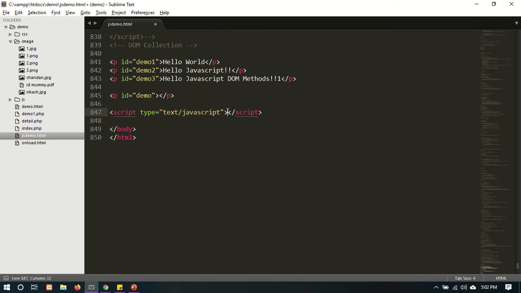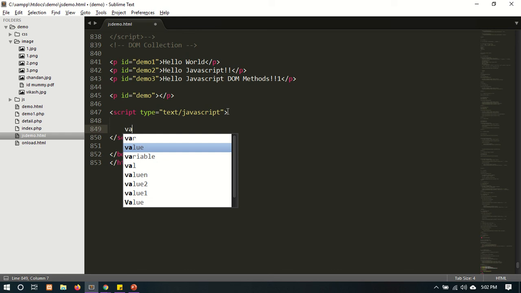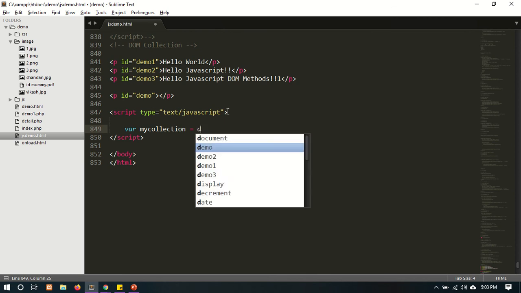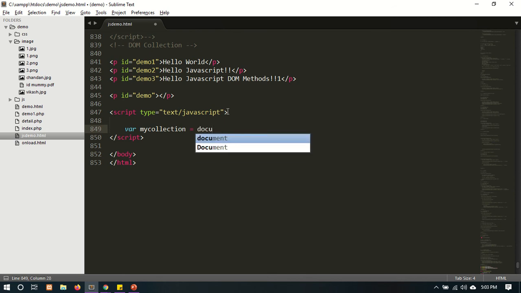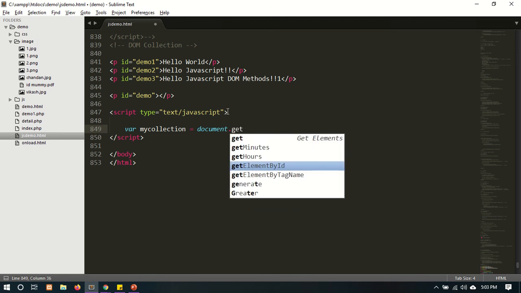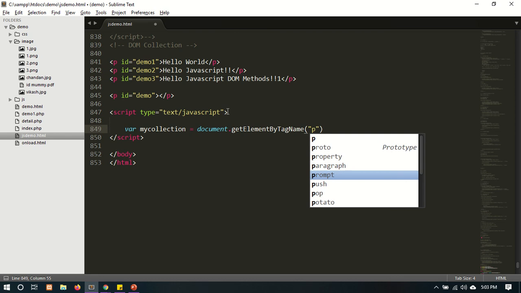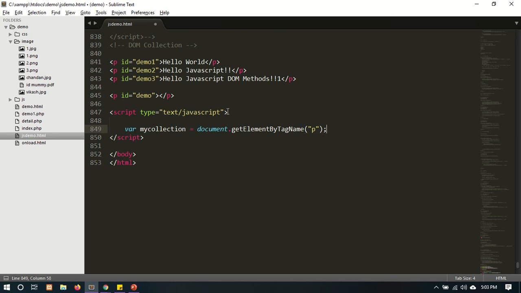This is the script tag. Inside the script tag, taking one var my collection is equals to, sorry, document dot get element by tag name. Let's see here whether it is working or not. p